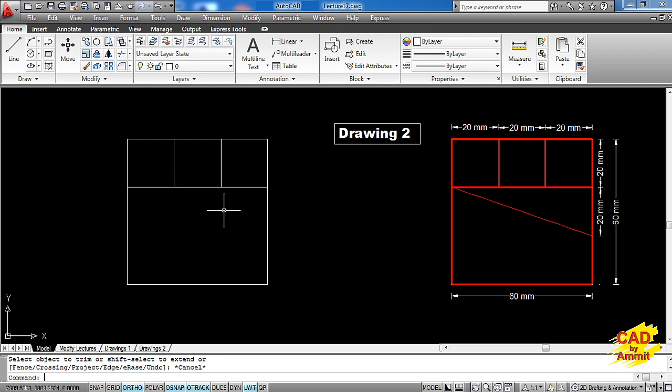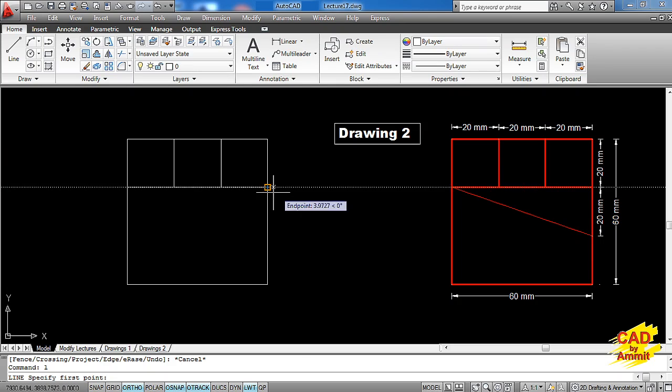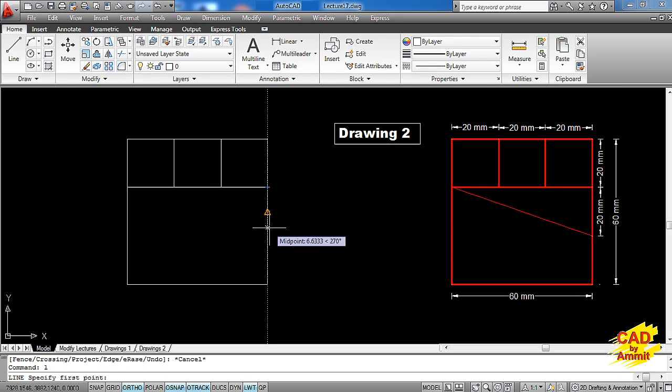the lines. Now for making or for starting a line which is 20 millimeters below this point, I can take the line command. I'll catch this point using the object snap, and then I'll simply move the cursor down. I need not click here. We'll start getting one inference line. Now this inference line is coming up because of object tracking option. So in this case, we are working with the combination of object snap with object tracking to get this inference line, and I'll simply type down 20 because the starting point of this line is 20 millimeters below the end point of this horizontal line.